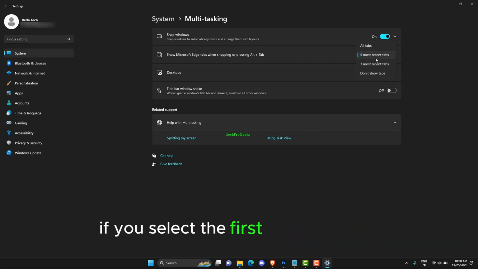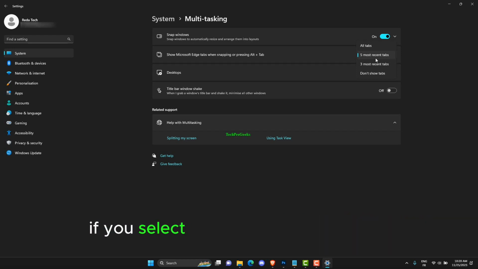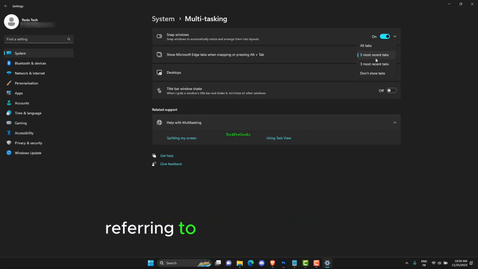If you select the first option, All Tabs, you will see all the tabs in Microsoft Edge to place them in the remaining panes in the snap layout. If you select the 5 most recent tabs or 3 most recent tabs option, Windows 11 will show you the 5 and 3 most recent tabs respectively to place them in the remaining panes in the snap layout. Referring to the above screenshot,